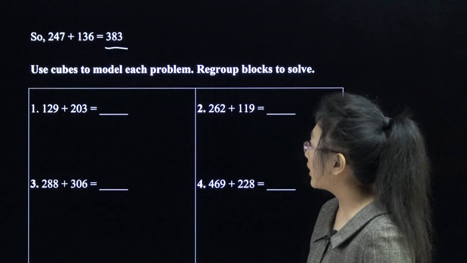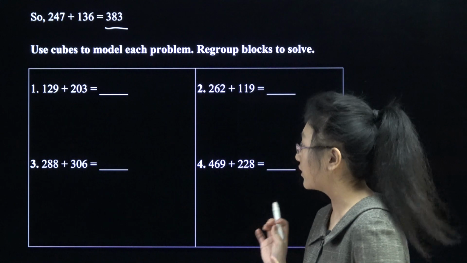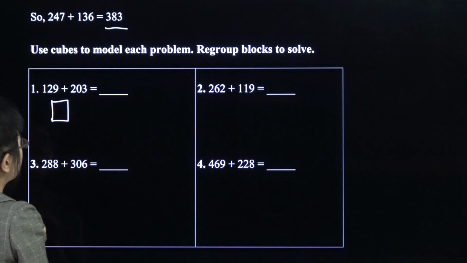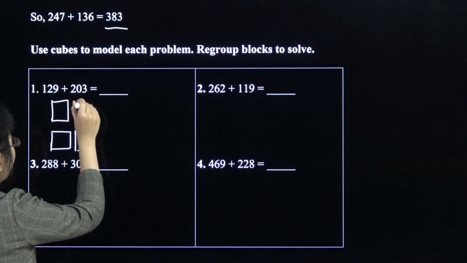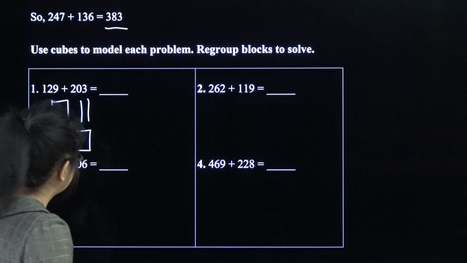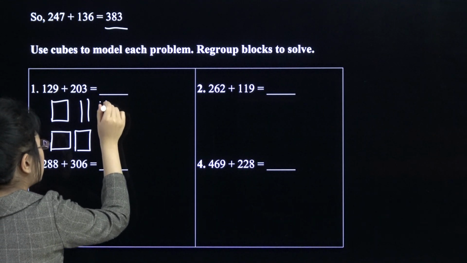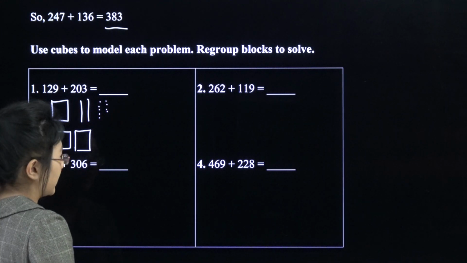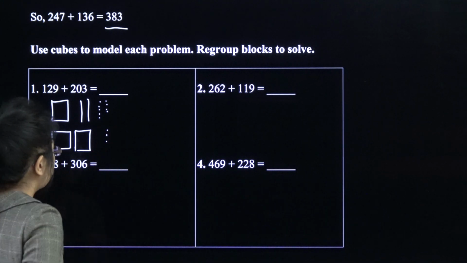Now let's use some cubes, or just models in general, to model each problem, and then we regroup the blocks to solve the problem. Question number 1. Here we have 100, so a 100 cube, and for the second one we have 200. There's 20 in the first one, so we have 2 of these sticks, which are my base 10 cubes. And then there's 9 ones, so 9 dots. And 203 doesn't have any 10s,